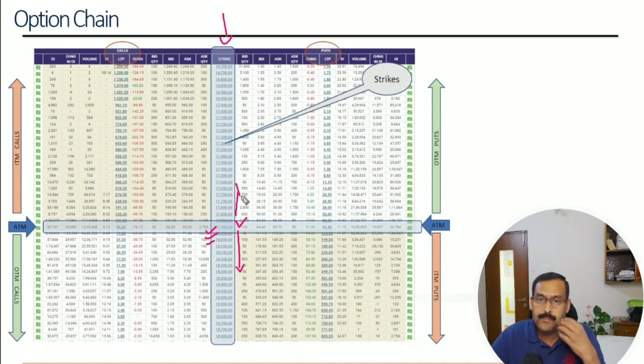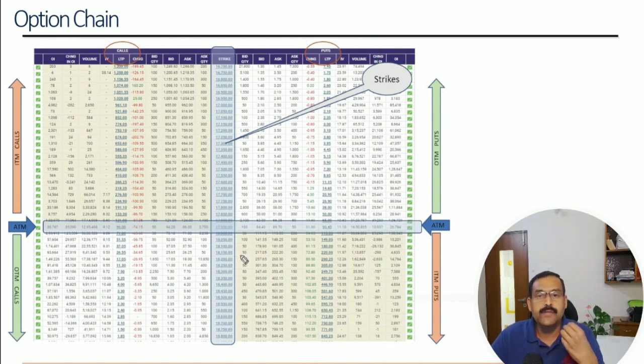This is the standard way of representing the option chain, and this is how all the applications or tools are displaying the option chain. Left side you have the call options, right side you have the put options. For each of the options, you have different parameters being displayed on each of the columns. For example, you have open interest for the call option, change in open interest, volume, implied volatility, last traded price, change in the price, bid quantity, bid, ask quantity, etc. Similarly, we have those parameters for the put options as well.